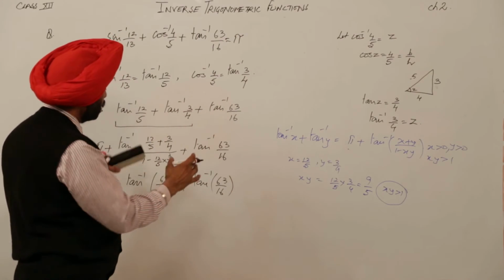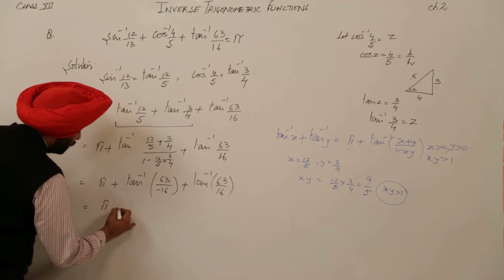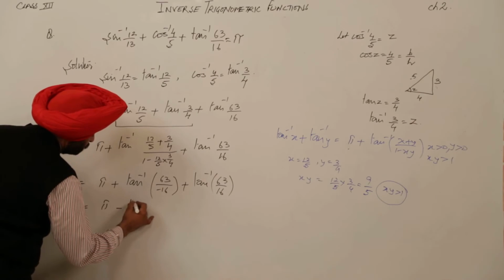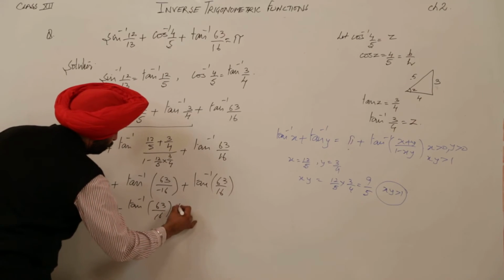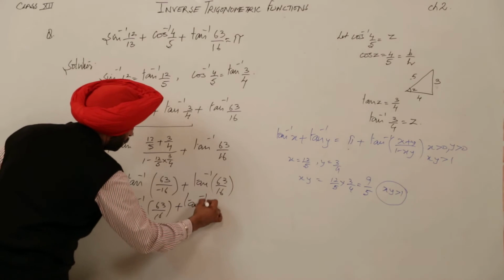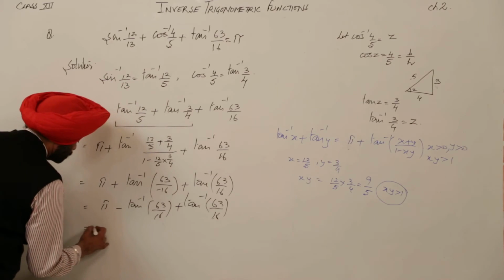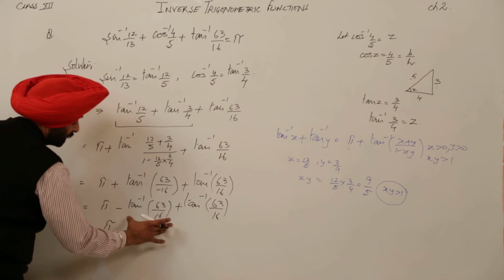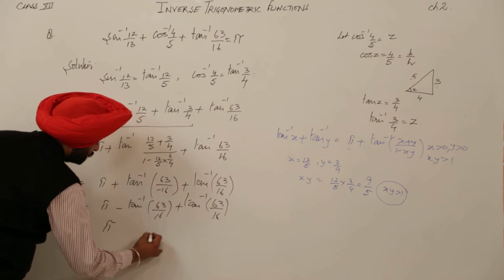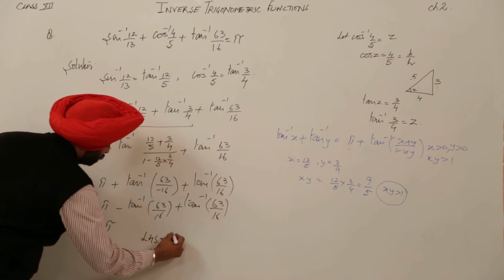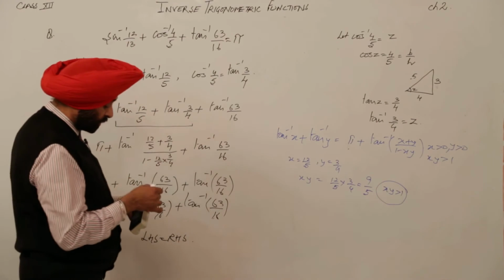So we have to use this identity here. Now this becomes pi minus tan inverse 63 upon 16 plus tan inverse 63 upon 16, and cancelling these negative and positive terms, we are left with pi. So the left hand side is equal to the right hand side. Now this we have proved. What is left? What I told you,